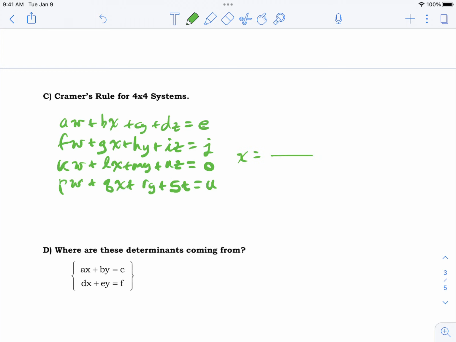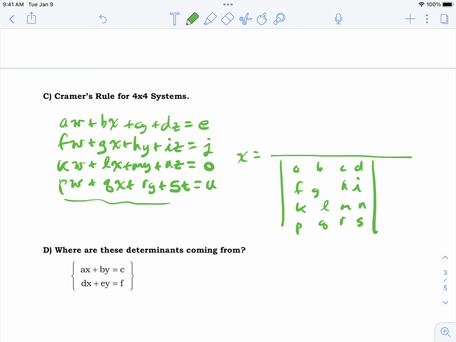What's the solution for X? Well, you'd set up a 4x4. A, B, C, D. Again, I'm looking at just the coefficients on the left side here. F, G, H, I, K, L, M, N, P, Q, R, S. Yay! And then to solve for X, you would grab,